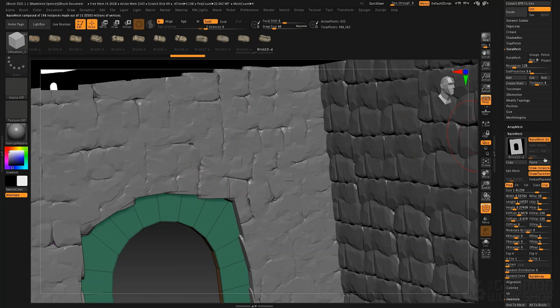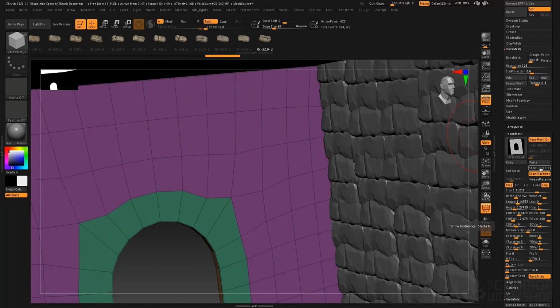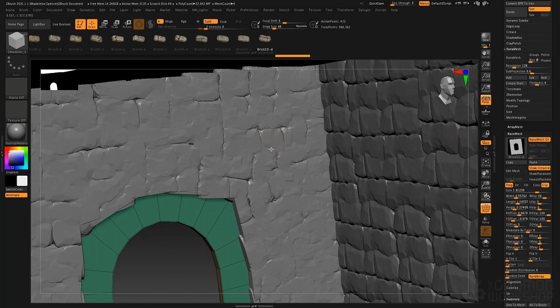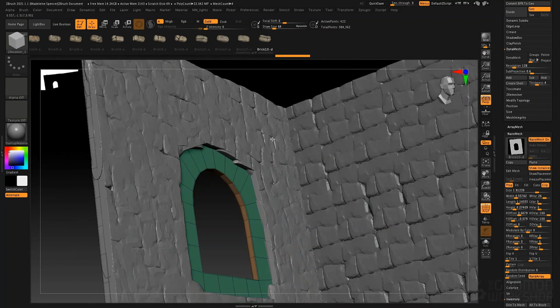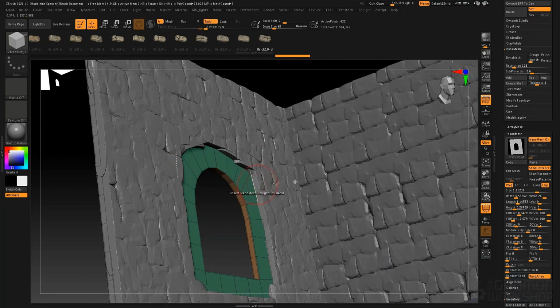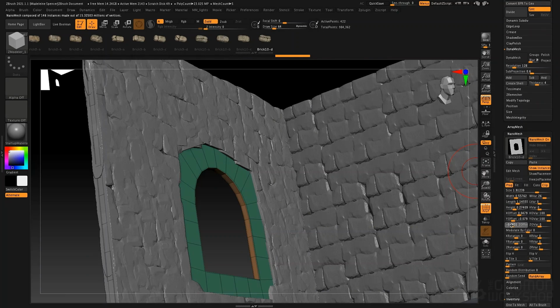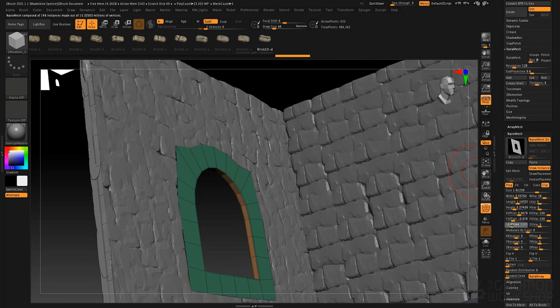And I will make sure that show placement is turned off. And I think I would like this to give me a little bit less of an overhang right here. So I will go to Z offset, and let's sink this down into the wall a little bit more